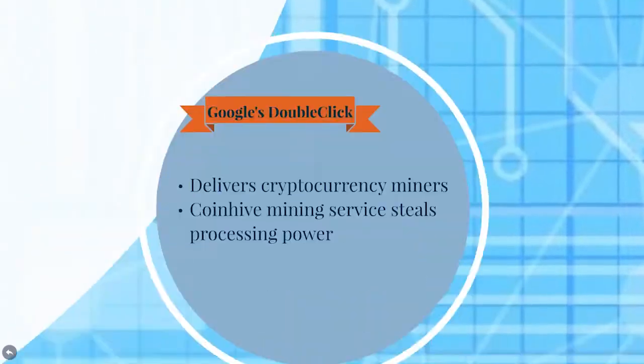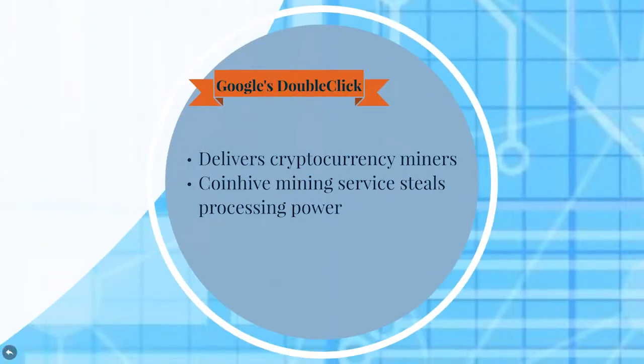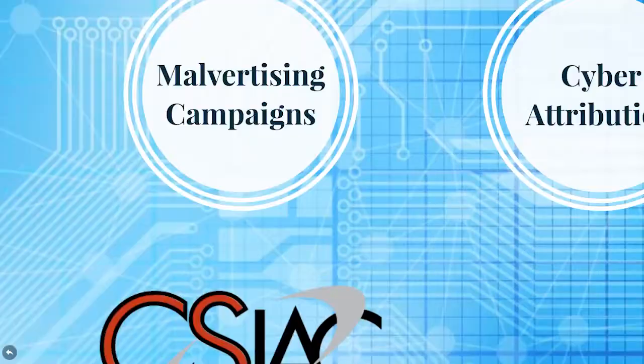A recent malvertising campaign incorporated Google's DoubleClick ad service in order to deliver cryptocurrency miners. Trend Micro, a security news outlet, had discovered that advertisements found on high-traffic sites were using a crypto mining service named CoinHive. CoinHive, recently identified as the top malicious threat to web users, is a cryptocurrency mining service that resides on hacked websites in order to steal the processing power of the site's servers in an attempt to mine sequences of the Monero cryptocurrency.